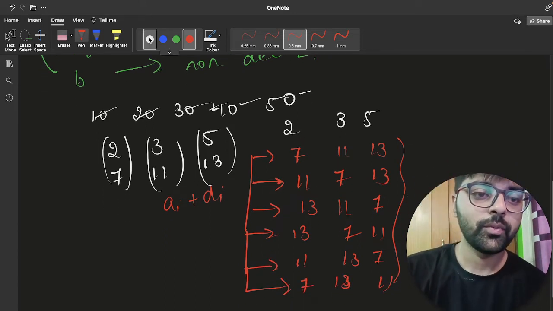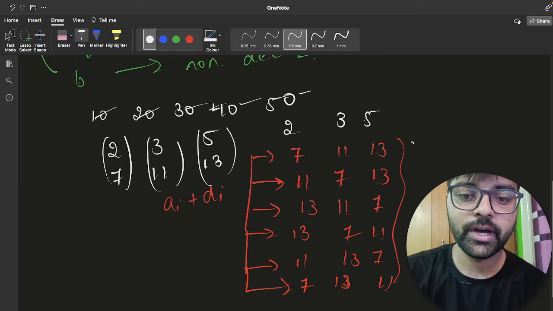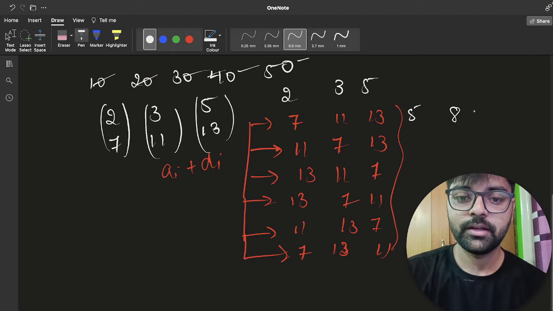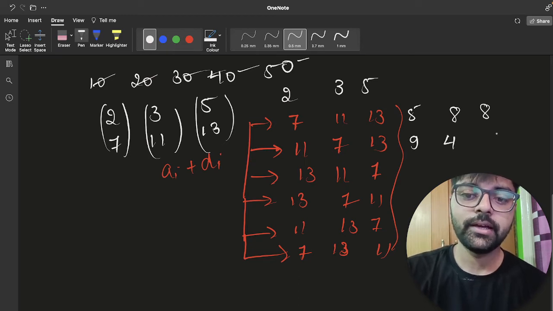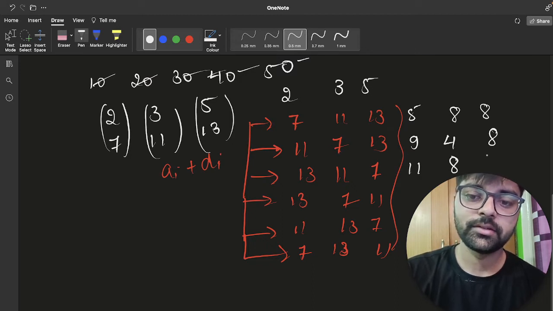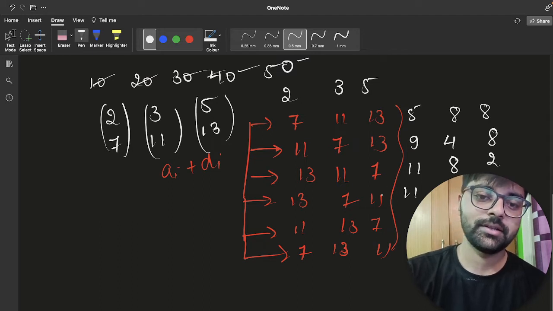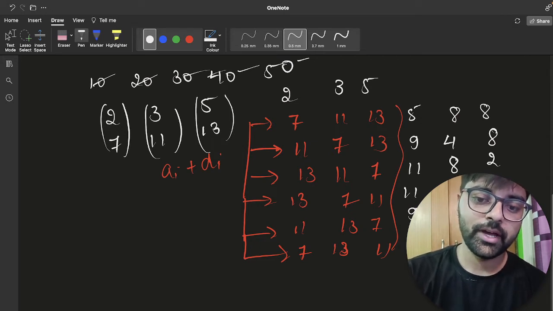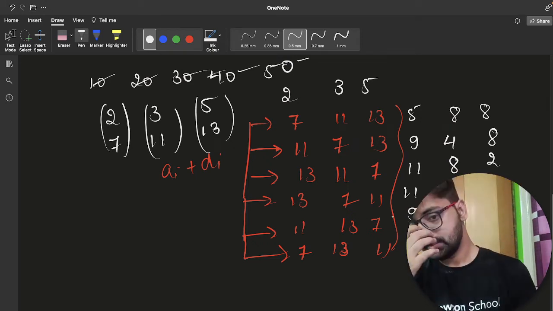So in this case, what can our D be? D can be 5, 8 and 8. Now in this case, what can our D be? 9, 4 and 8. Then again 11, 8, 2; 11, 4, 6; 9, 10 and 2; 5, 10 and 6, right?